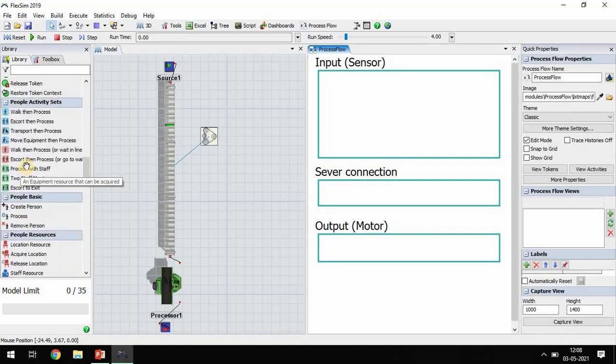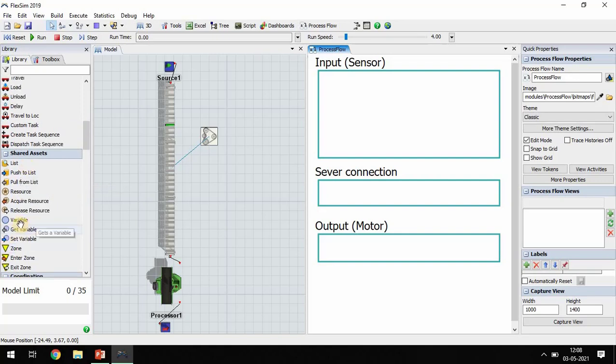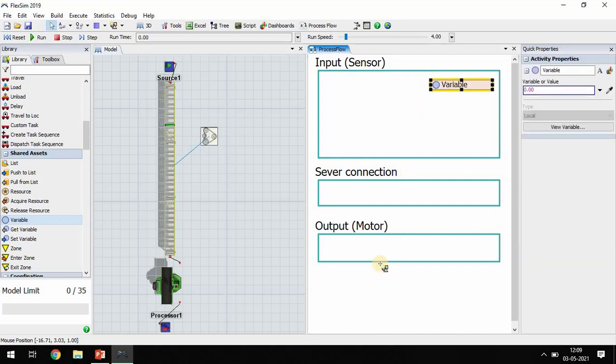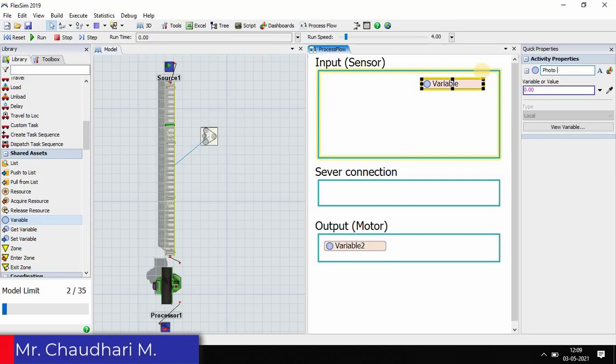Go to shared assets, click on variable and add a variable. Simply drag it and place it here, no problem. First here and second one here. So I'll choose two variables: the first one is an input and the second one is an output. Let's rename them. The first one is the photo eye, which is a sensor.